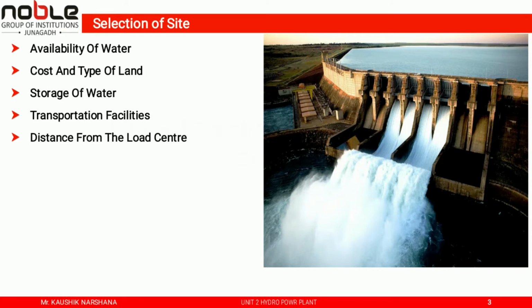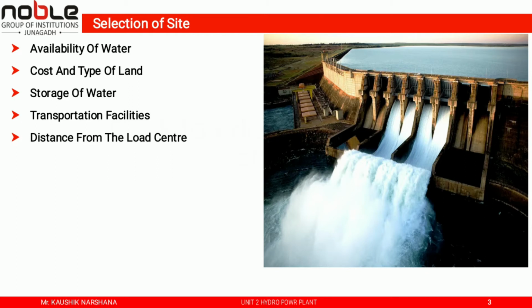Not only this, the water should be available at sufficient height, because as the head is increased, more power can be generated with the same quantity of water. Again, a reservoir is formed when a dam is constructed across the river. The area around the reservoir on which the rain falls, and the rainwater is collected in the reservoir through the streams etc., is called the catchment area. So the catchment area should be large.